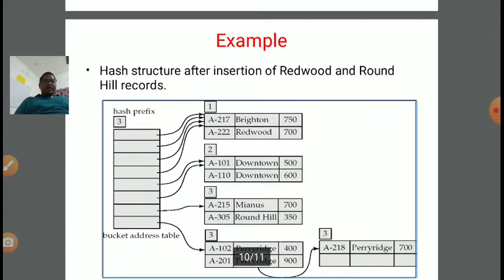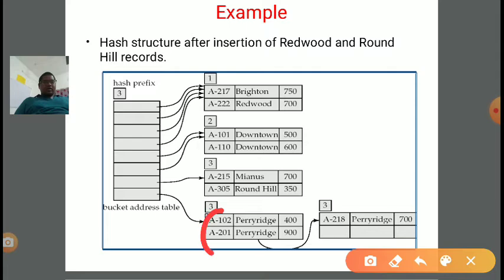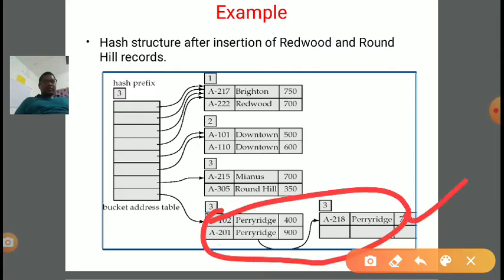One more example: hash structure after the insertion of Redwood and Round Hill records. Up to this point was already present. Now we inserted Redwood at bucket 1, just after Brighton.